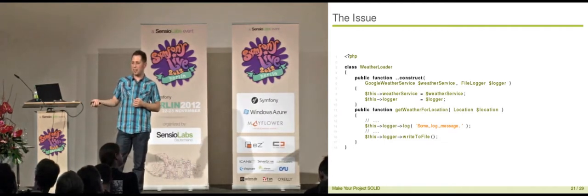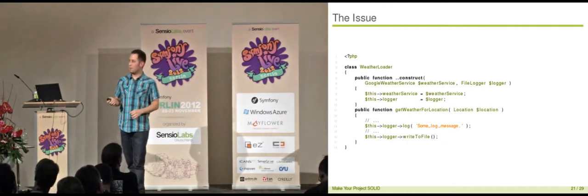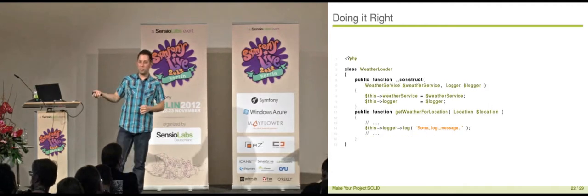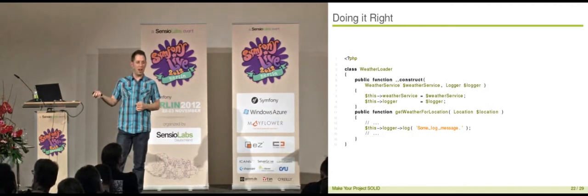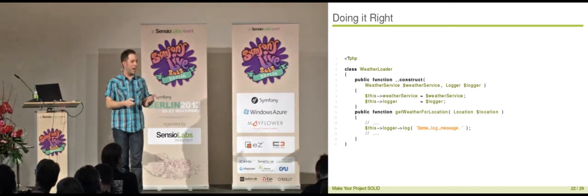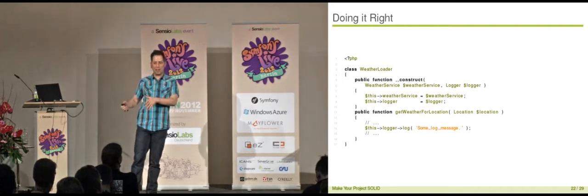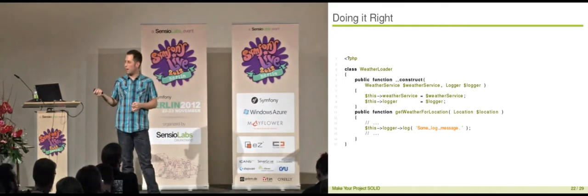I need to know details on the implementation, how the logger does stuff. It writes it to a file, and it needs to flush it in some cases. But I don't care about that. So the idea should be, of course, that I put a weather service here. I define a nice interface for a weather service which does not give me any details on if Google is asked to retrieve the weather, or if the weather lies hard-coded on my disk or is fetched from a database. The same applies for the logger.